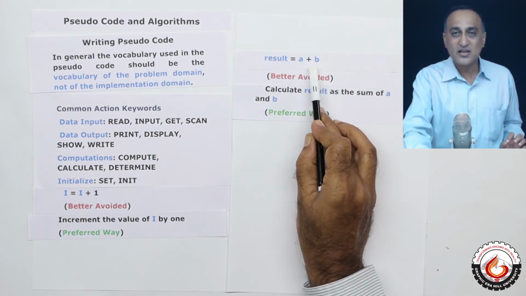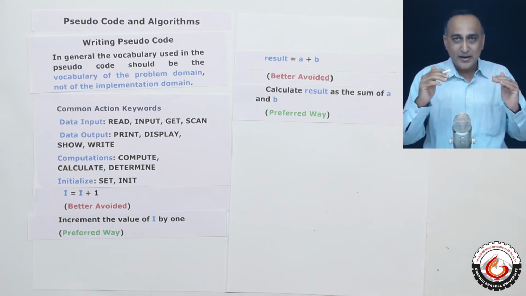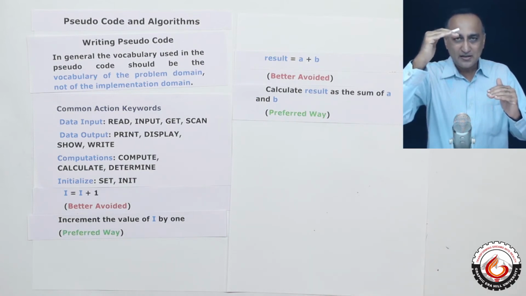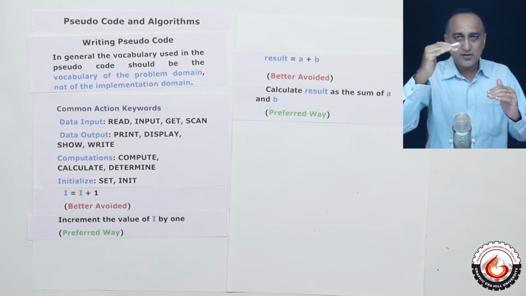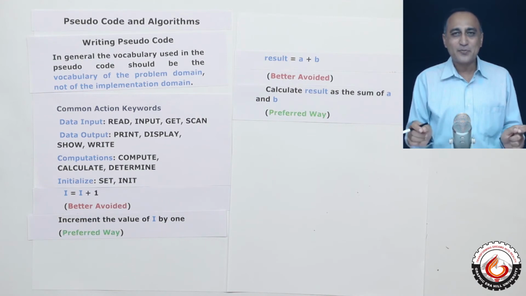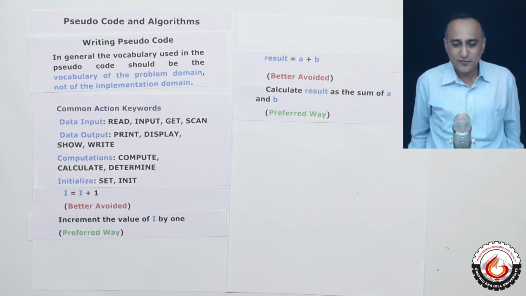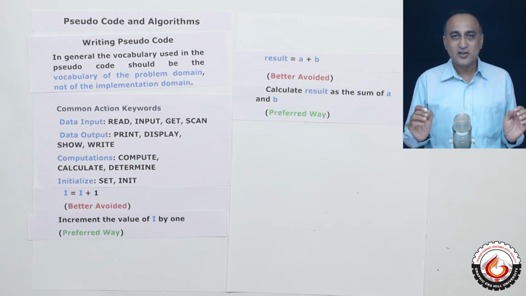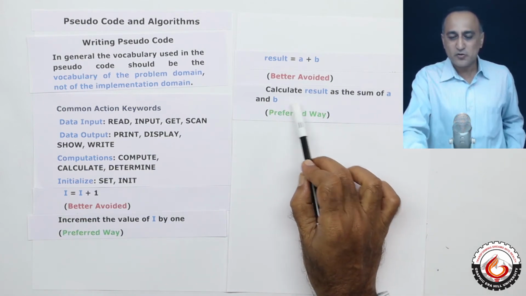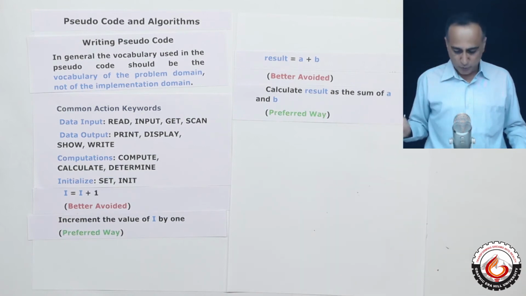This may be used in an algorithm, because if you look at the hierarchy, at the topmost you have the problem, the lower level than that is the pseudocode, one level lower than that is the algorithm, and the lowest level is the programming language. So if you want a person to understand the logic without getting bothered about the programming language, then be sure you use an English-like approach.